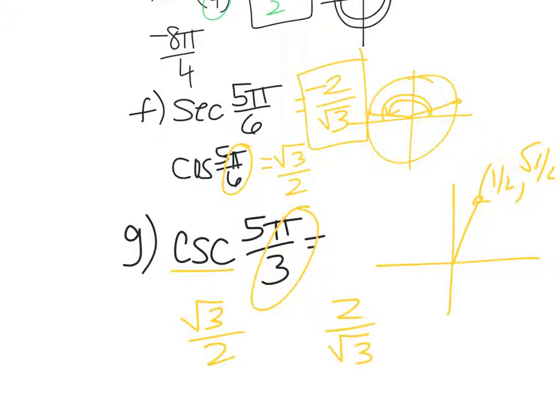And then I have to figure out what quadrant am I in? What quadrant is 5 pi over 3 in? 4. It is. It's in 4. 5 pi over 3 is almost 6 pi over 3, which is 2 pi around, but it's 1 short of that. So this angle over here, you're in quadrant 4, and in quadrant 4, it's negative. Anybody get that? Good. Bless you, Nick. About, I don't know, like 12 people got that. It's not very good yet. Okay. All right, so let's get that